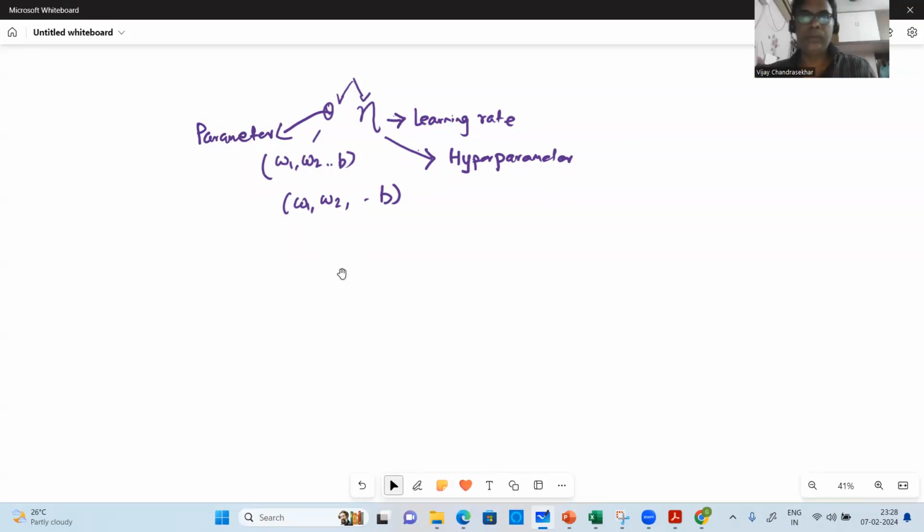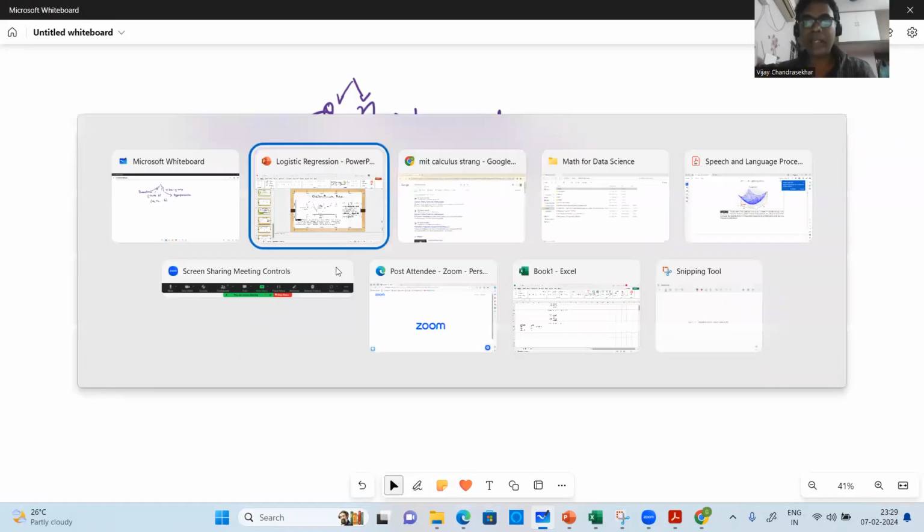All right, thank you. So hyperparameter is an input to the machine learning model, and the parameters are outputs of a machine learning model. All right. So going back,